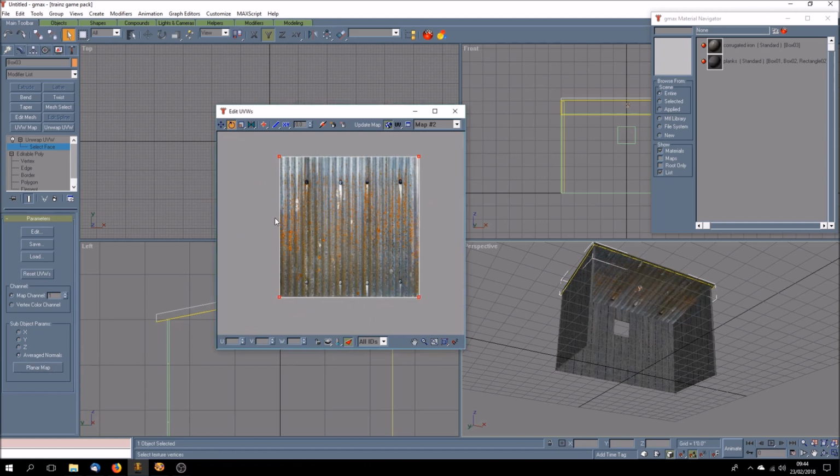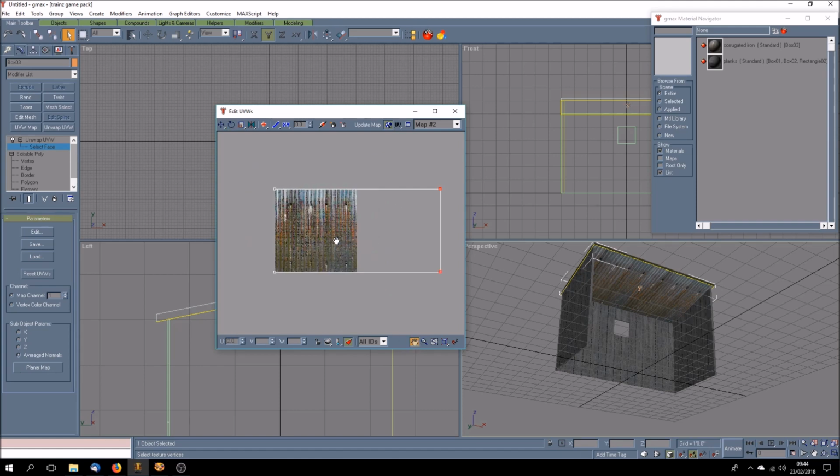And also it looks a bit odd having those nails or fixings there. So we know it's got to be 2 this way because that's what the other side is, so we do that. But then we want to only use part of this texture for the inside. We want just a lot of dirty rust. So let's pick up this edge here, these ones here, and vertical, that would be vertical 1, so